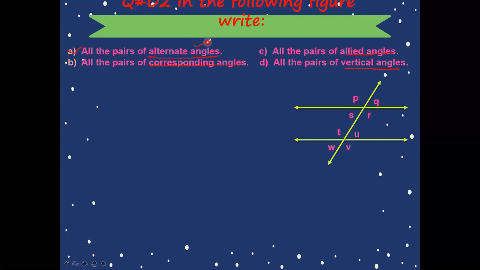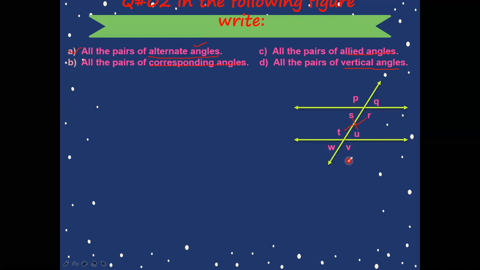So as you can see, what are the conditions for alternate angles? The first condition for alternate angles is that both of them are interior. So which interior angles are here? Angle S, angle R, angle T and angle U are interior angles. And the second condition for alternate angles is both of them lie on the opposite side of the transversal. Now which ones are on the opposite side of the transversal? This one. So you will say that angle S and U are alternate, and then angle R and